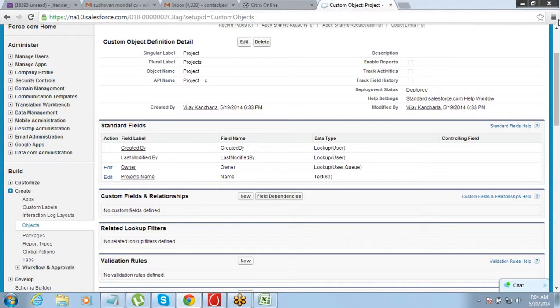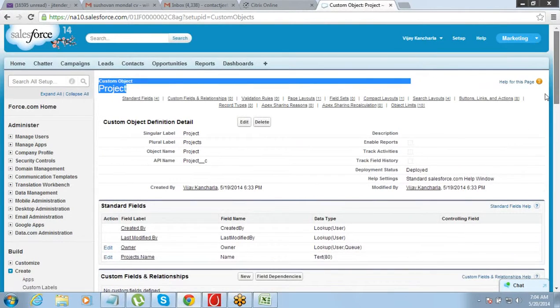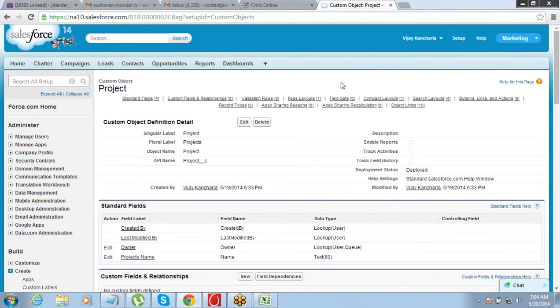Okay. Now the interesting thing is, the moment you created this object, this is a custom object.